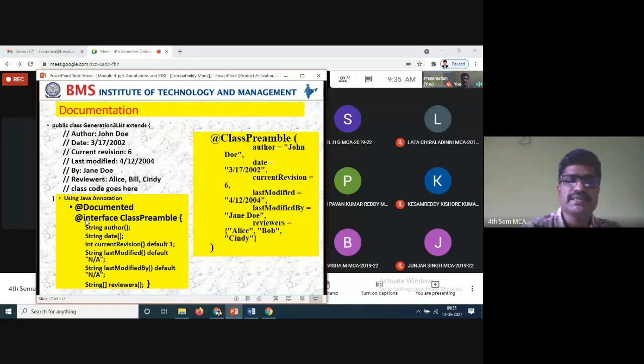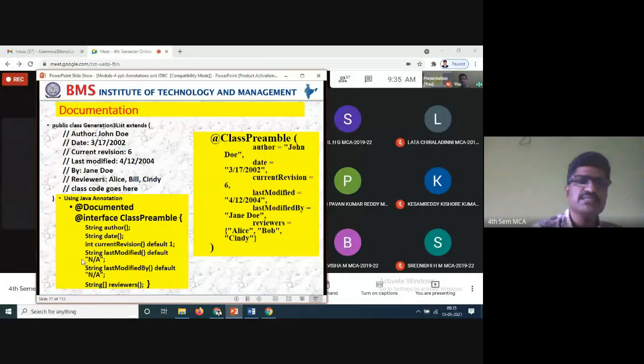So @Documented, @interface, class Preamble. What are all the data types you need? Author is required, date is required, and current version. So this default, because we have taken different data types, and we can assign different values. That is the reason we have taken all types in one example. So we can assign in different ways for the data types.